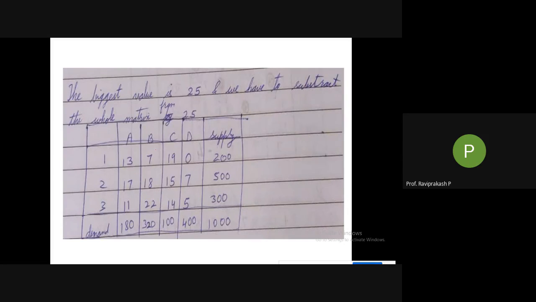and we have to subtract the whole matrix from 25. Okay, we have to subtract the whole matrix from 25. So here the word from is very important. Okay, so here I have made this particular mistake. So don't do that. From 25, that is whatever the value was there for 1a or 1b or 1c, we need to subtract it with 25. Okay, and not that number from 25. We have to subtract the value from 25.